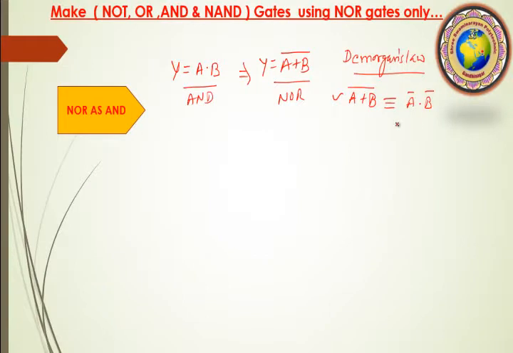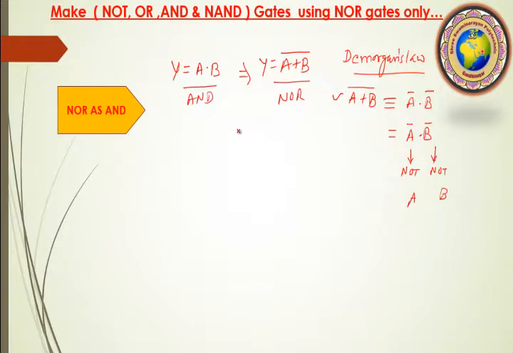So instead of this I have written A bar dot B bar, but I don't require A bar and B bar, I just require A dot B. So what happens if I also write it the same way, A bar dot B bar, and convert it? I put this A bar and dot B bar, and convert this A bar dot B bar using NOT gates, converting it into the form of A and B.